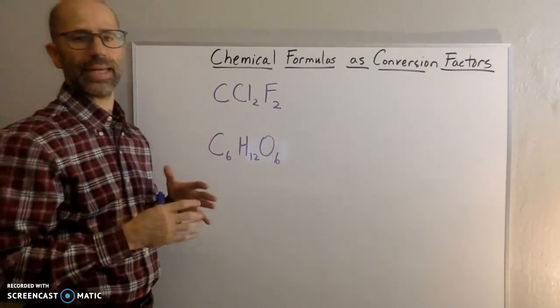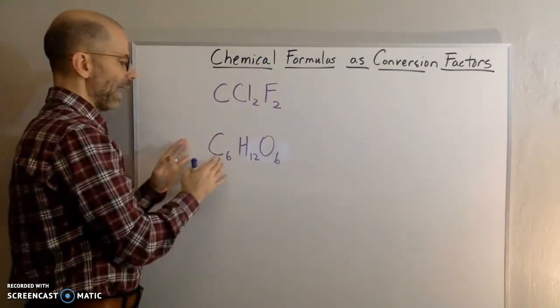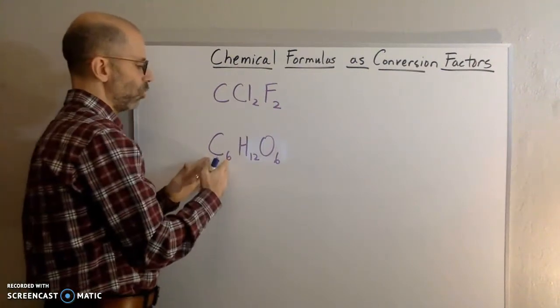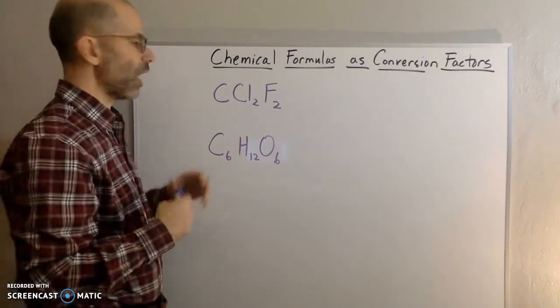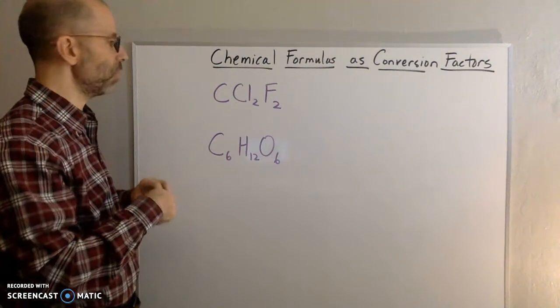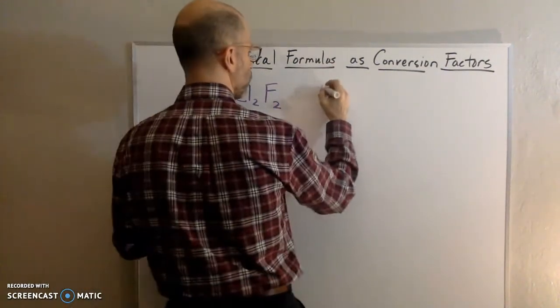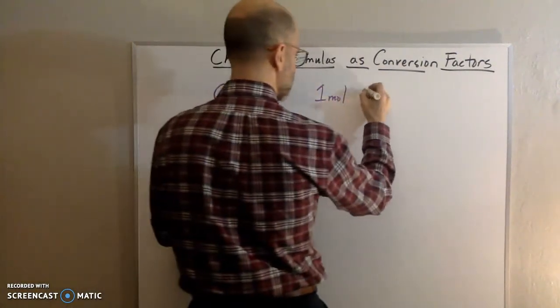And so now I can get a mole-to-mole ratio between the whole and one of the parts, or any of the parts. Or I can get a molar ratio between one part and the other. So now I can have an equality or a relationship between whole and part. So here, for example, if I have one of these, then 1 mole of this whole substance,